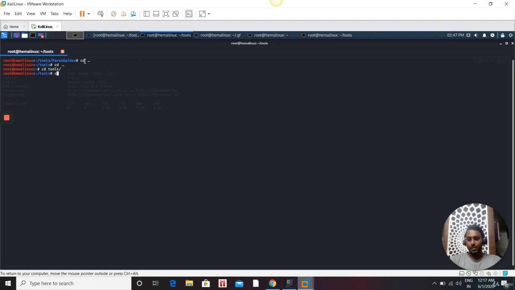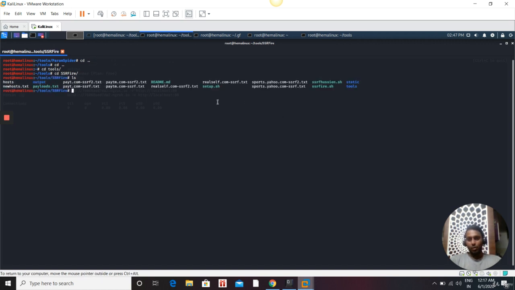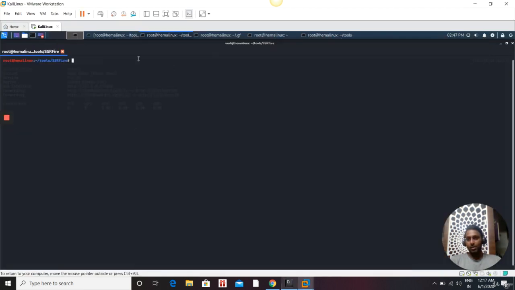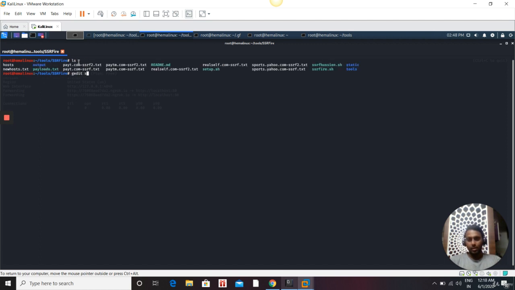In tools, SSRF. So this was written by Hussein. Where is it? Yeah, SSRF Hussein.sh. What it will do is use ffuf and the gau tool. I have seen this. Let me show you. What is that? Gedit SSRF. So if you see the script,